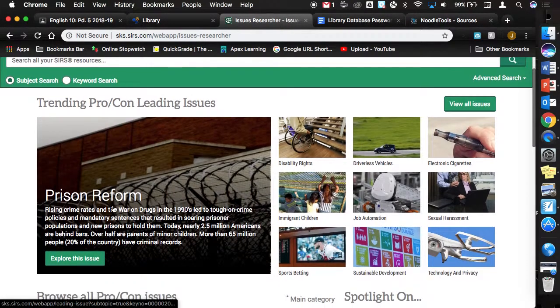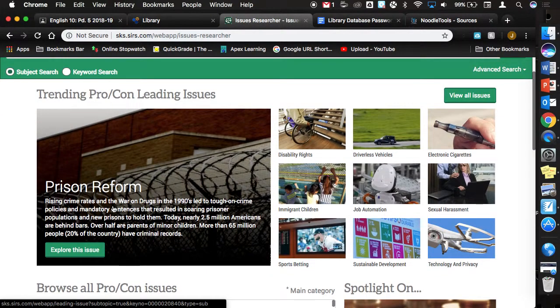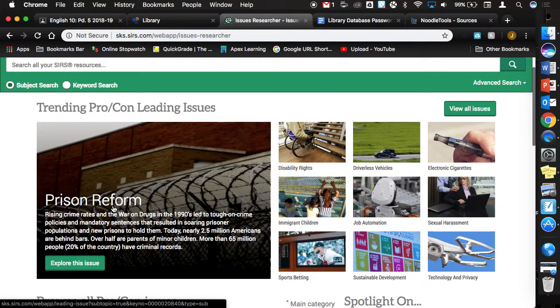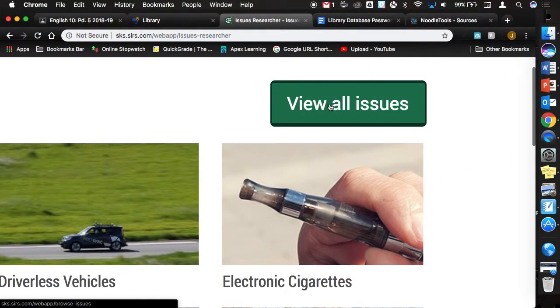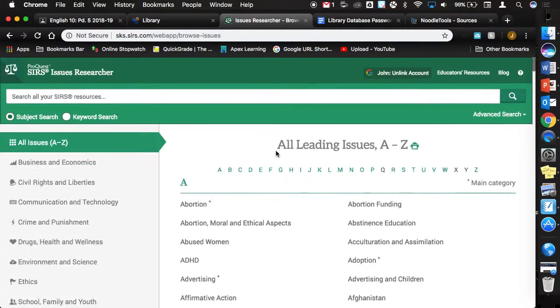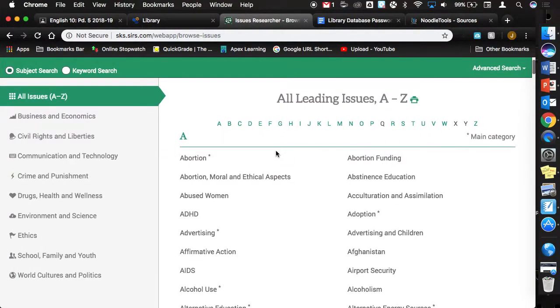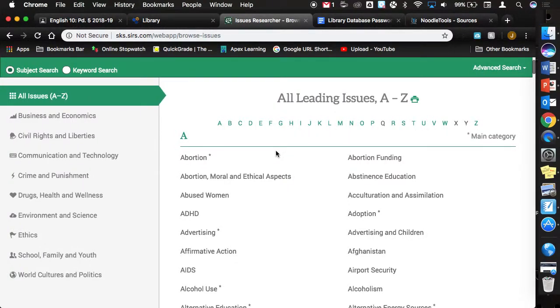I'm going to save that. And then once you get logged in, it's going to take you to this page. Once you get in here to SIRS, we're going to this View All Issues button. So right above, for me, it says electronic cigarettes. Right above the e-cigarettes, there's View All Issues. I'm going to hit View All Issues. What this does, all our topics are now in alphabetical order. So whichever topic you're looking at,